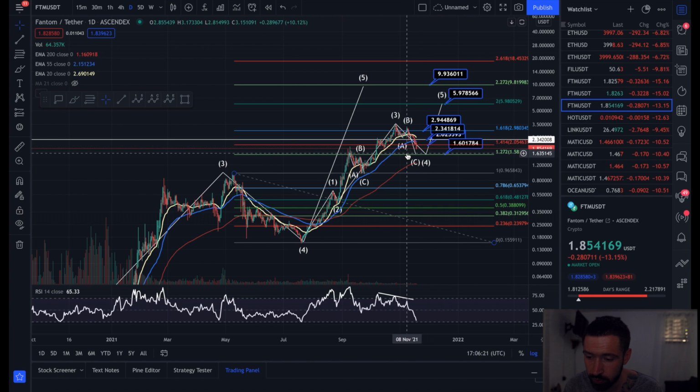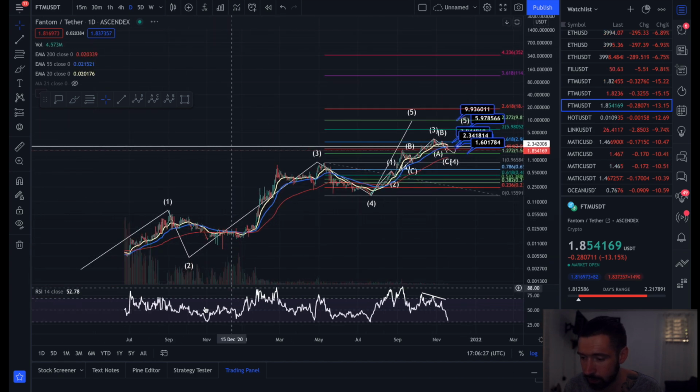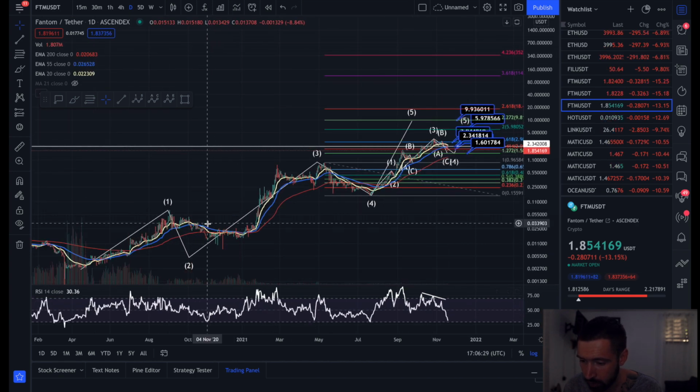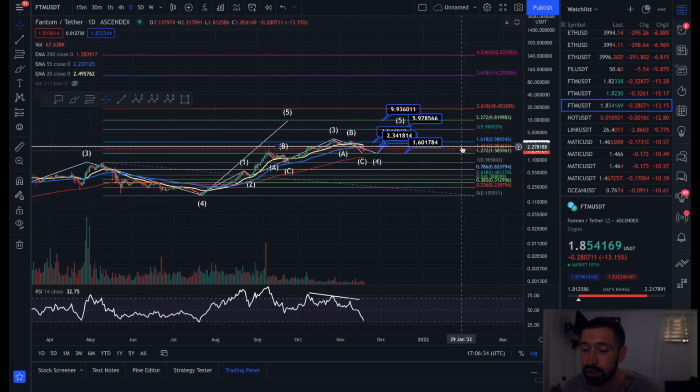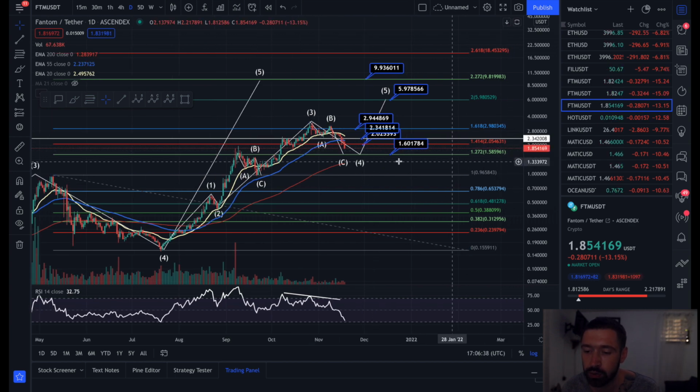Right here, we trended to 30. We saw our bounce back to the upside. Here as well, we were close to oversold. We saw a bounce back to the upside. Let's see if I can give another example here. Right here, we made a bottom. We saw some consolidation, and then we saw a large move back to the upside. So I would anticipate a move back to the upside relatively soon, especially if we come down to $1.60, because